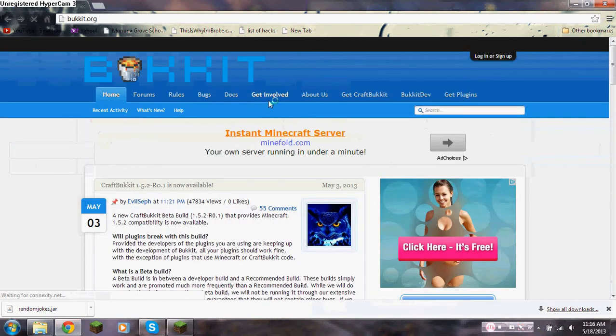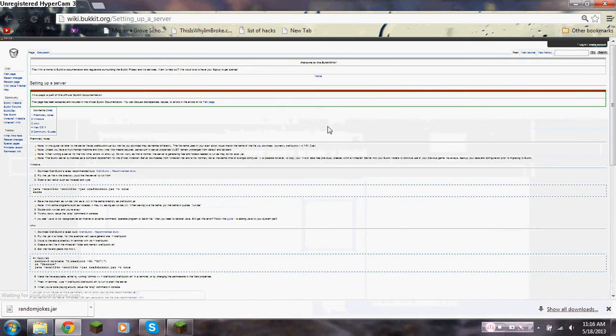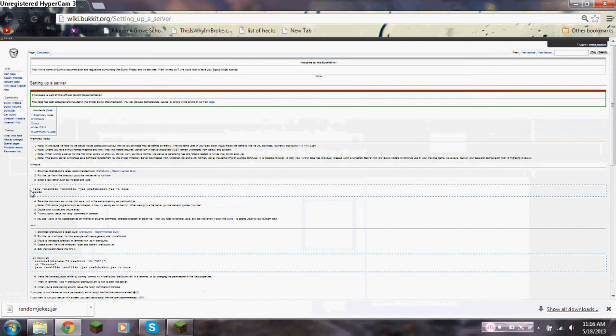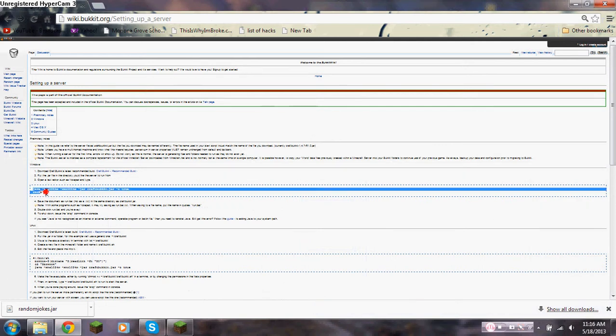Okay, so you want to be at the home page of Bukkit. You want to click Get CraftBukkit again. This is important. So you go to your thing, Windows is mine, and you see this box with a dotted line around it. It has Java and all this stuff. You want to highlight it and copy it,